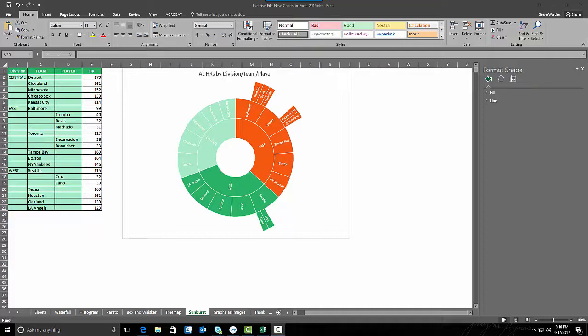So the final new chart category available in Excel 2016 that we're going to take a look at is the Sunburst chart. This is yet another chart that provides hierarchical visualization of our data. The Sunburst map represents data in the form of concentric circles. So when visualizing data that is organized into multiple levels of categories, the Sunburst chart shows how outer rings relate